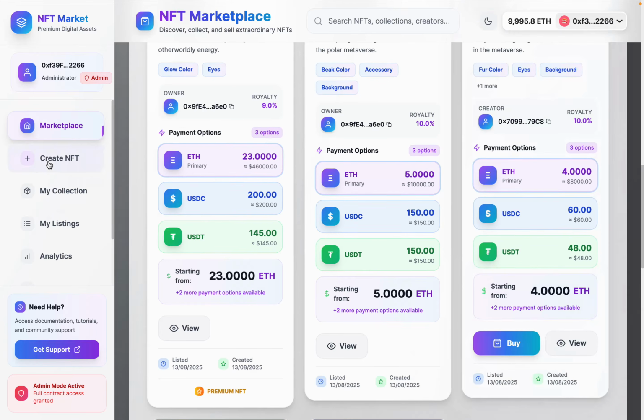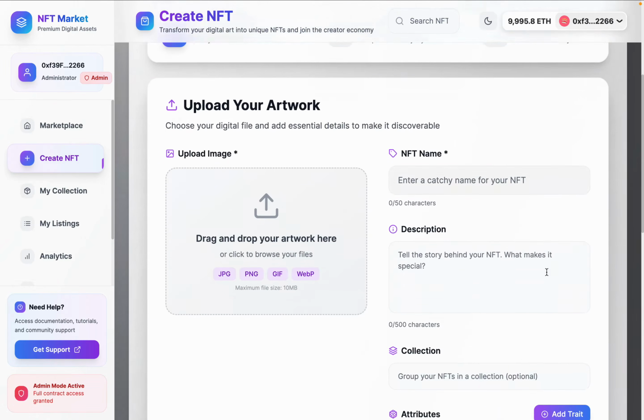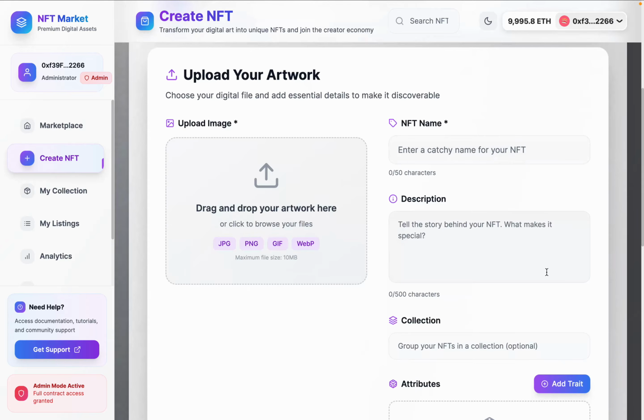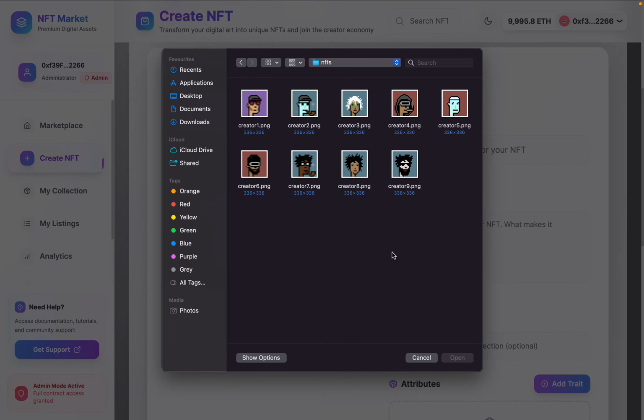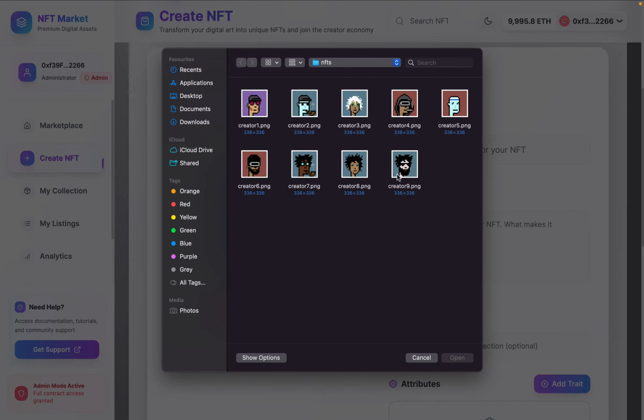Now let me come back here in the create NFT and show you how you can create your NFT. So first I have to upload my image for the NFT. So I'll simply come back here, I click here, and here I have the image of all the NFTs. I'll simply select this creator 9. I will click on this open, and here it will upload successfully. You can see we have a nice gradient and we have the name and the size is all looking fine. If you want to remove, you can click here and it's going to remove,